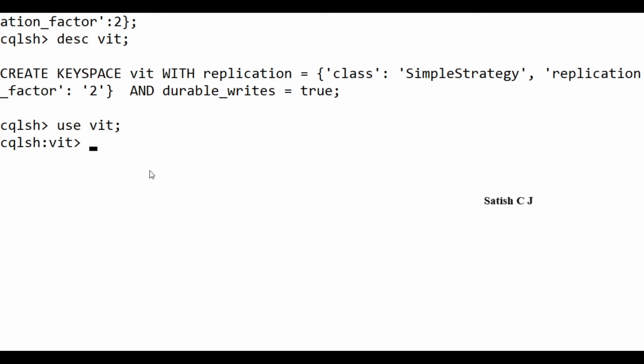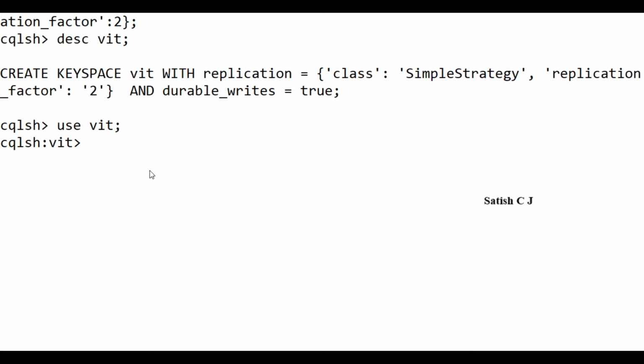So it's easy. Let me create an employee table with these fields, that is ID, name, and salary. ID is of type integer, name is of type variable length character, and salary is of type integer. So you have many data types in Cassandra. So we'll focus on some primary data types like integer, text, or variable length character. And we also have other data types like double, float and things like that, which I've already shared in a slide. So now let's go and create this table called employee.